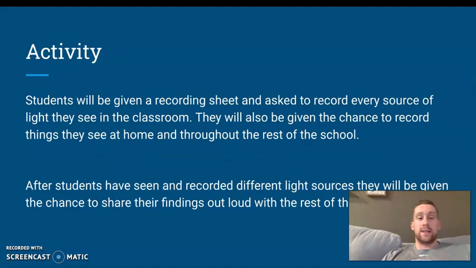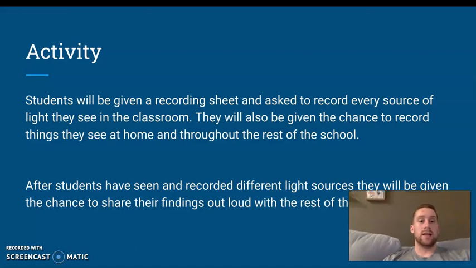Moving into my activity, the activity I've come up with for this standard has everything to do with the standard and how you need a light source in order to see things, and if the light source is taken away, vision is taken away. So to start this activity, students will be given a recording sheet, and just to start out with some background information,